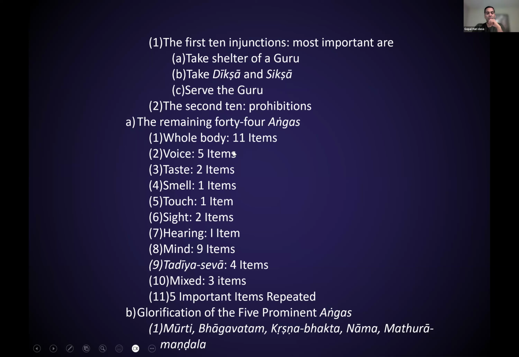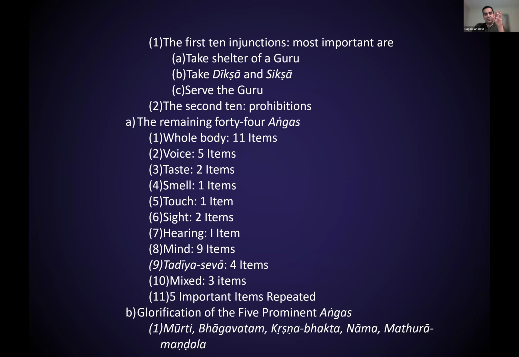The 44 are angas of devotional service, where the first section of those 44, which are 11 items, are items that engage the whole body physically. This is so interesting. I know it looks like a detailed list, but it's actually very interesting. It's been divided like this, where the 44 items,